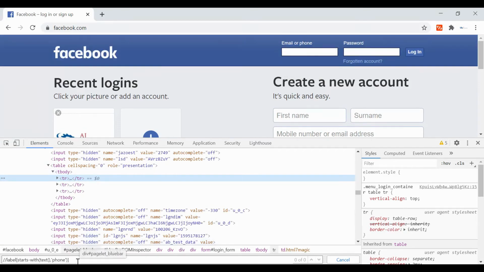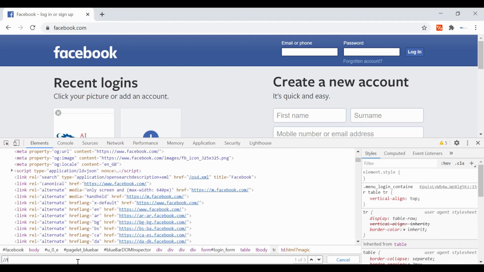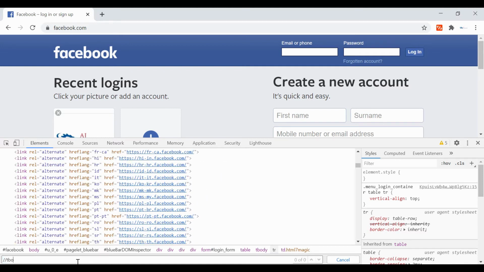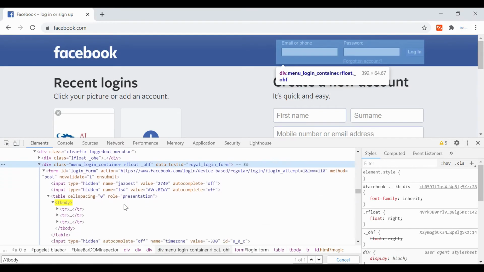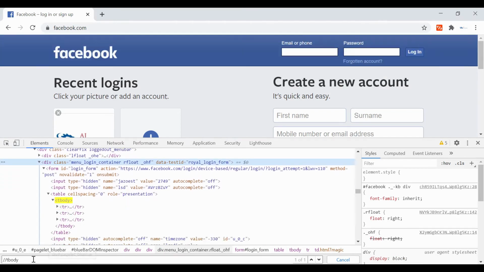Let's go to tbody first. Double slash tbody. From tbody I want to go to tr. You can go by using single slash or double slash, it will work.